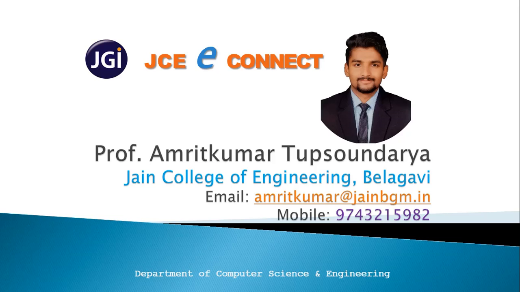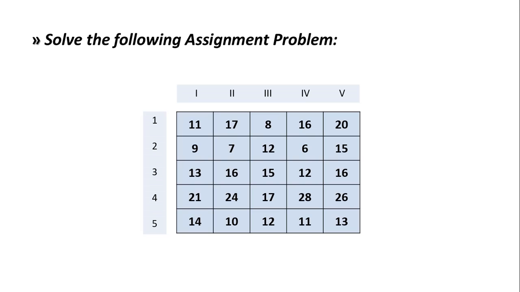So since we have almost finished Module 4, I have decided to take up a question which was asked in previous examinations. The question is related to the assignment model. We'll solve this assignment problem, which is a 5 by 5 matrix, or a table of order 5. This question was asked in a previous year question paper. I thought of taking this question so that you will have an understanding of what the level of difficulty or easiness in the examination can be.